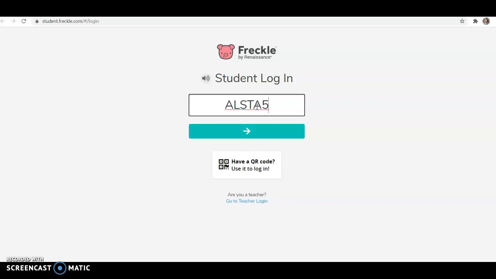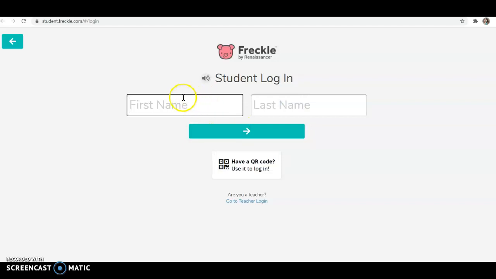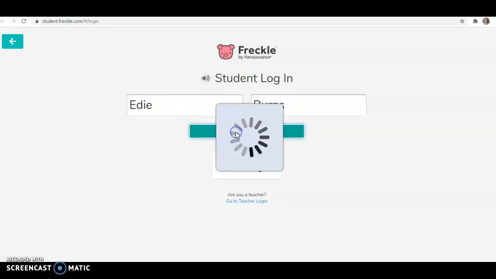5. And then once that's all typed in, hit the green arrow and then enter your first name. I'm going to use Edie as my example. Edie Burns. And